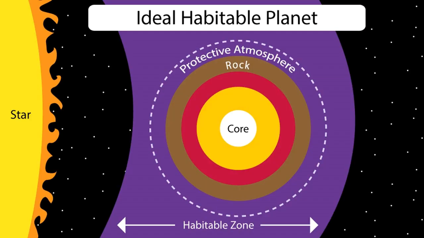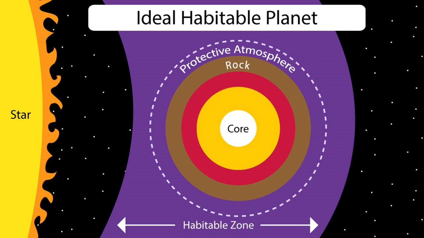Now we need to know how the habitable zone relates to the distance of a planet from its star. We know the key with a habitable zone is that a planet has to exist in a region at the proper distance from the star for the planet to have water remain in its liquid state. If not, water on the planet's surface would either freeze or evaporate. However, there isn't a constant habitable zone that can be used for every star.